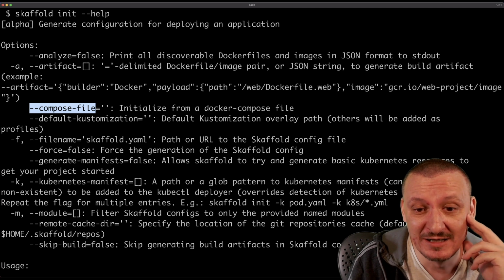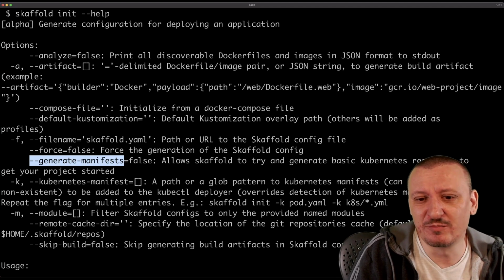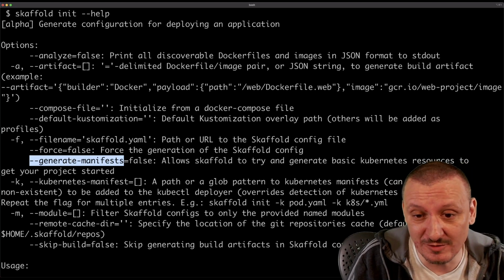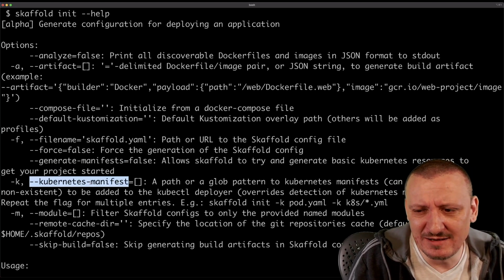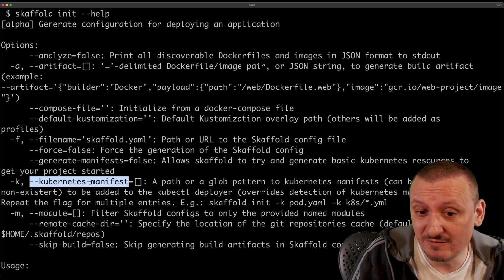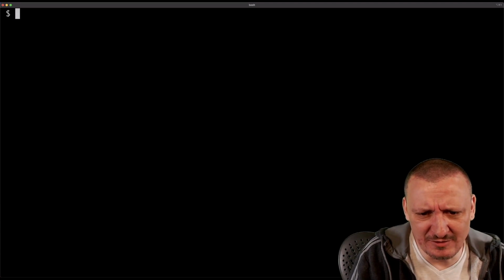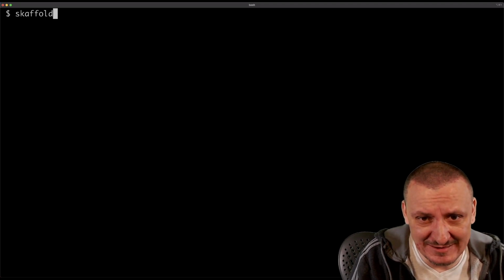You can generate the manifests. So if you do not already have Kubernetes manifests for this project, Skaffold can create them for you. If you already have them and they're in some obscure location that customers cannot find, you can specify where they are, and a few other things, right? So let's do it. Let's just go for it. Skaffold init,